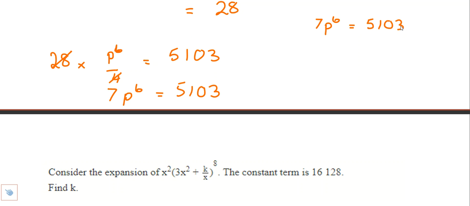But how do I get from here to 7p to the power of 6? Divide by 7. So p to the power of 6 is, can someone do that for me? 729. And then I find the 6th root of 729. So to the power of 6, 729. So p is 3. However, always when you're doing an exam, get your answer, what you think is your answer,